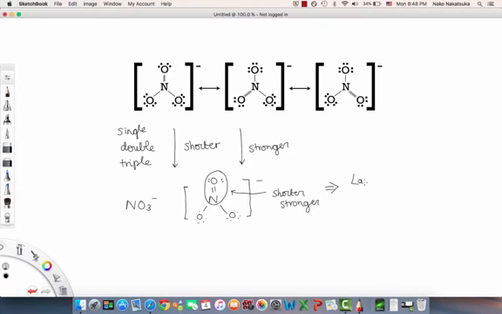When we took this and analyzed it in a lab, we found out that all 3 bonds of nitrate have the same strength and length. So all 3 bonds have the same strength and length. So something must be going on, because based upon our understanding of the length of the bond and the strength, this molecule should not be symmetric. So now we have to think about what is going on,